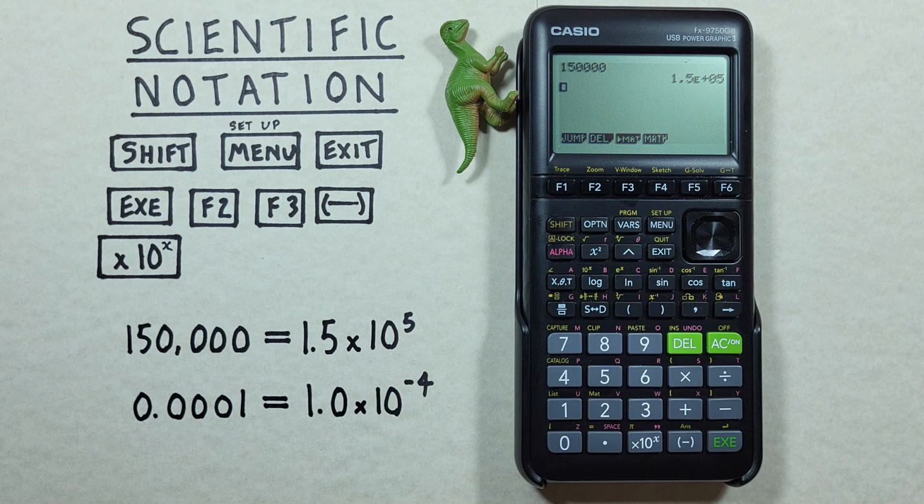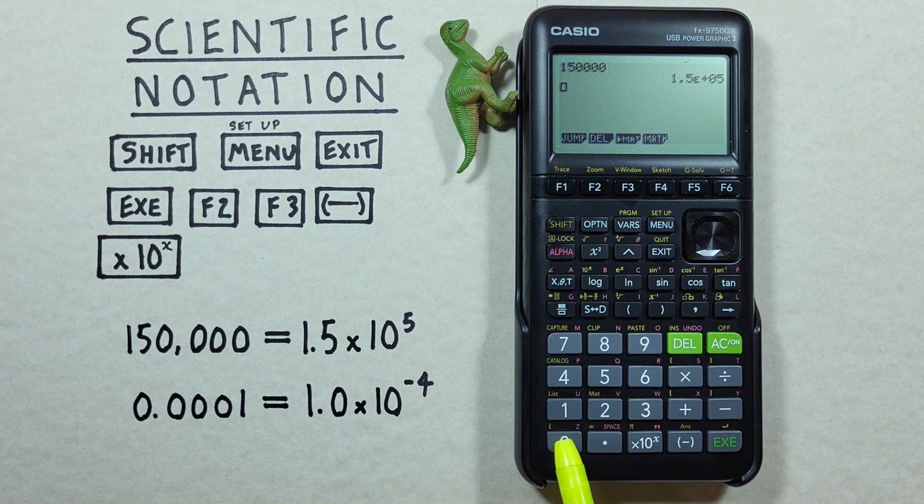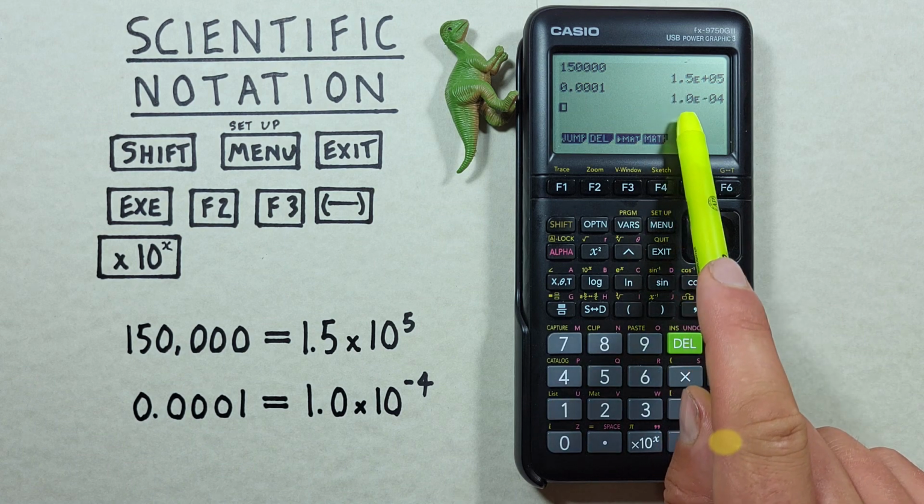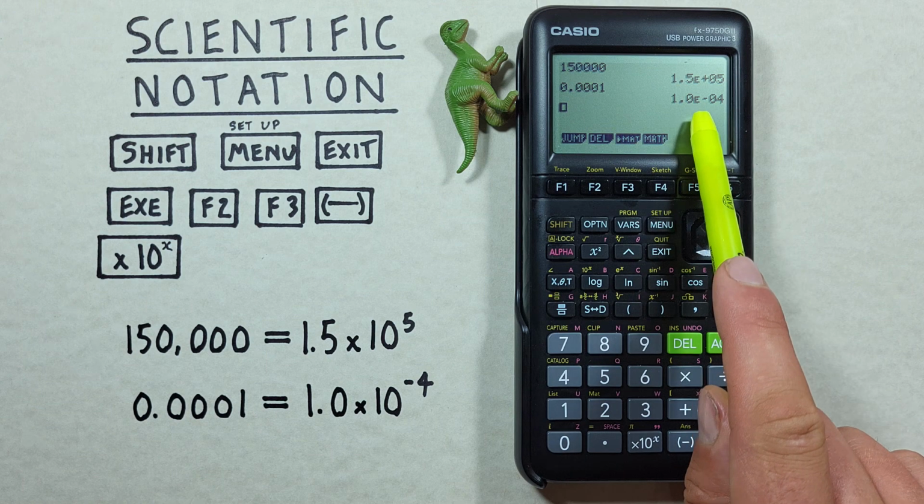This also works for very small numbers. Let's say we were given this, 0.0001, and wanted to convert that to scientific notation. Well, since we're already set to scientific notation mode, we can just enter that on our calculator and hit EXE, and we see that converts to 1 e, or times 10 to the negative 4,